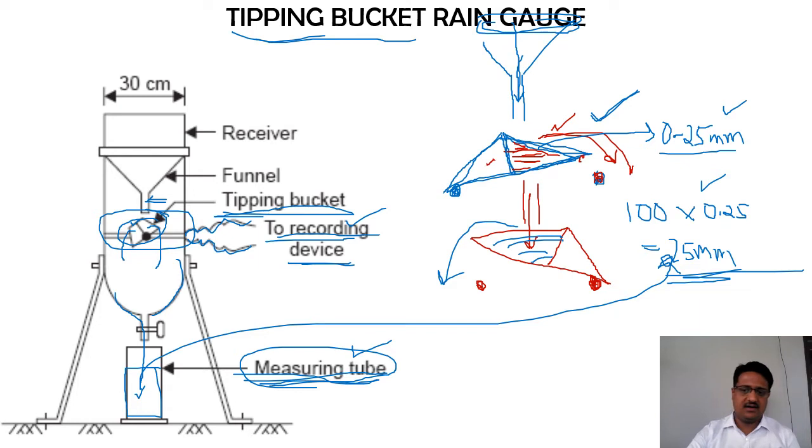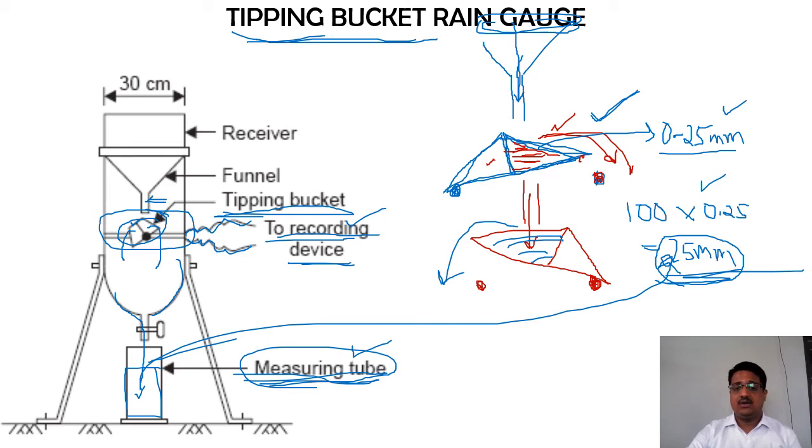Okay, with this we will not get the intensity of rainfall, but ultimately if the quantum of rainfall collected is the same as per the calculations, then whatever other calculations we make with respect to the intensity of rainfall and duration of rainfall can be accommodated over here. So this is the basic simple working principle of the tipping bucket type of rain gauge station. Now the second thing that I want to explain over here is the intensity of rainfall.